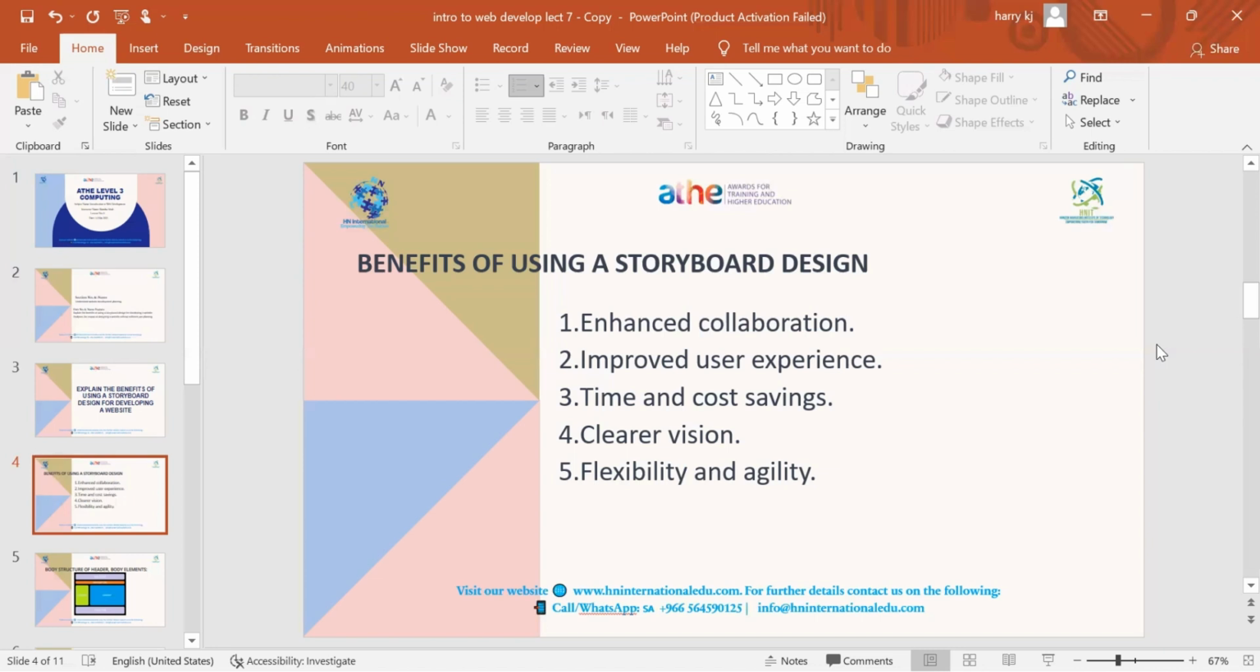Basically, it will improve user experience also, and with a better experience and a user-friendly website, when we meet the needs and target that point, it will benefit our website, and it can grab more traffic. And time and cost saving. By creating a detailed storyboard, designers can identify potential issues. Basically, we are the designer, and we can easily find our issues and make changes before the development phase